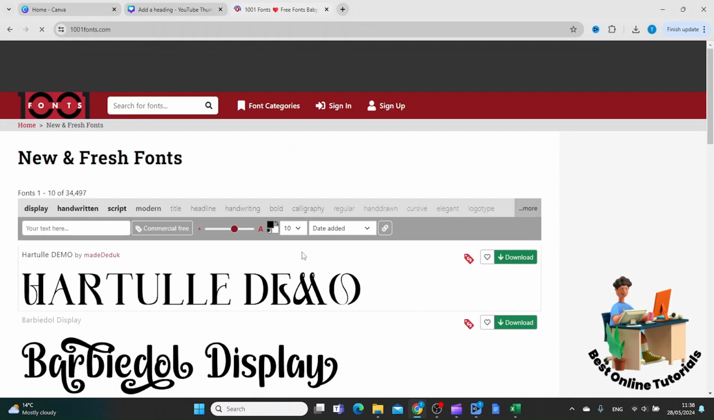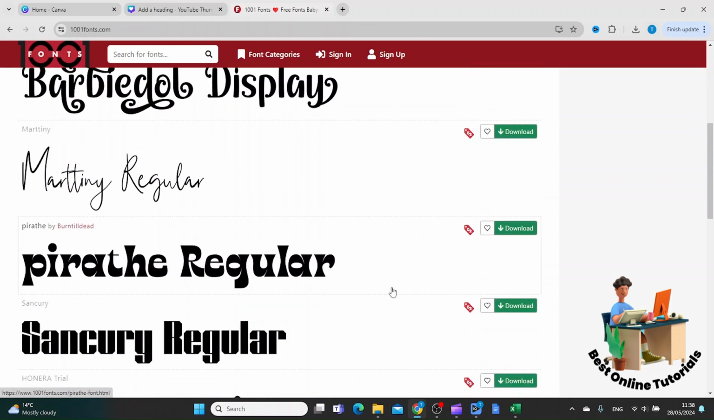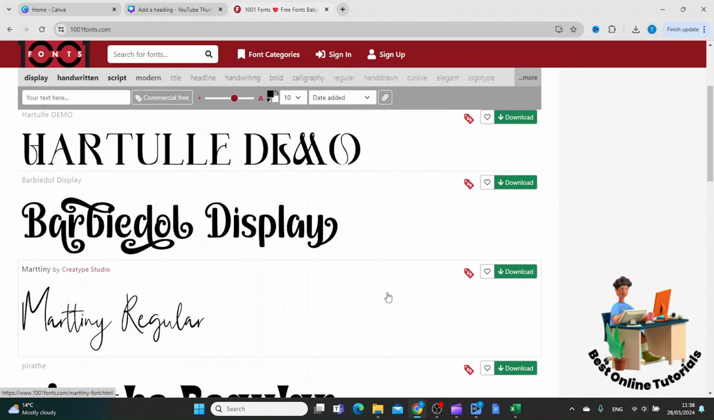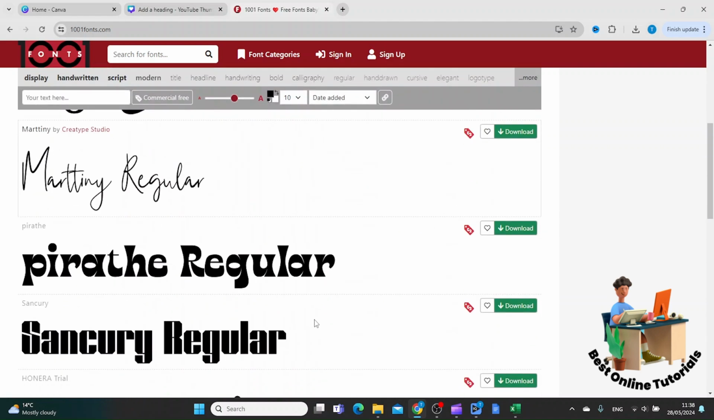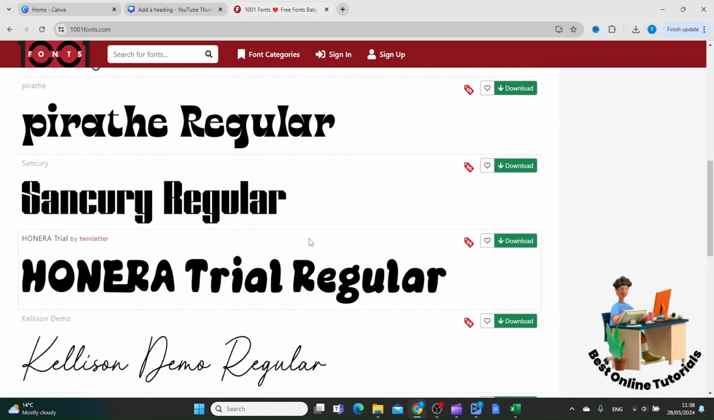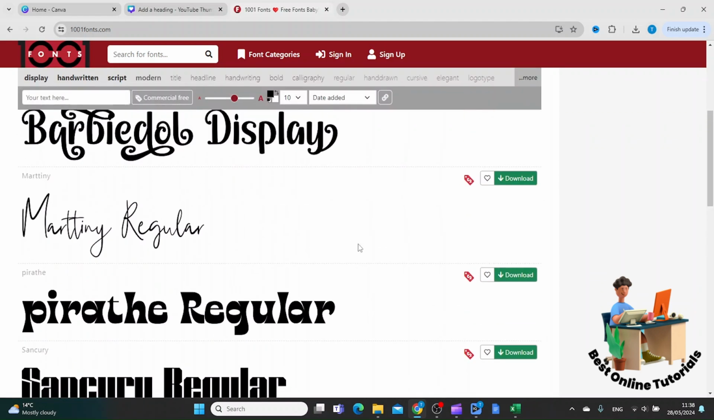Inside here you can download custom fonts. I have no affiliation with this webpage whatsoever. I just like it very much. And when you have found your font, you just click download and it will be downloaded to a folder on